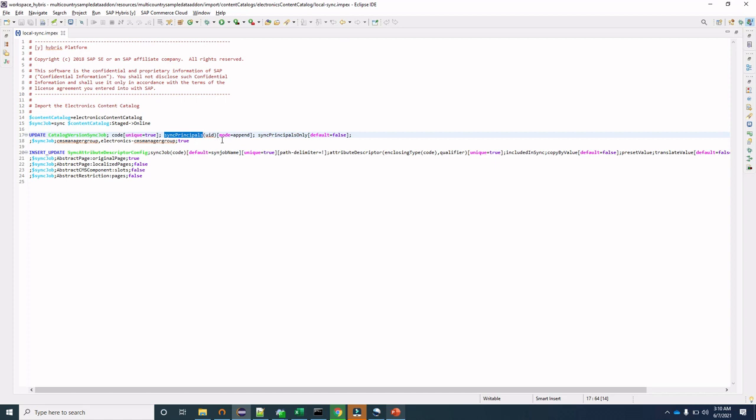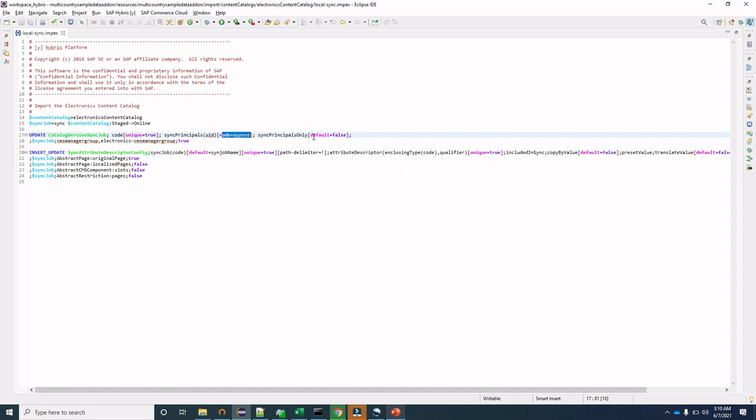If we have any sync principals present, don't overwrite them. Whatever we are putting in this value, just append that value after them. Don't overwrite the sync principals. So this mode equal to append modifier is also very important.